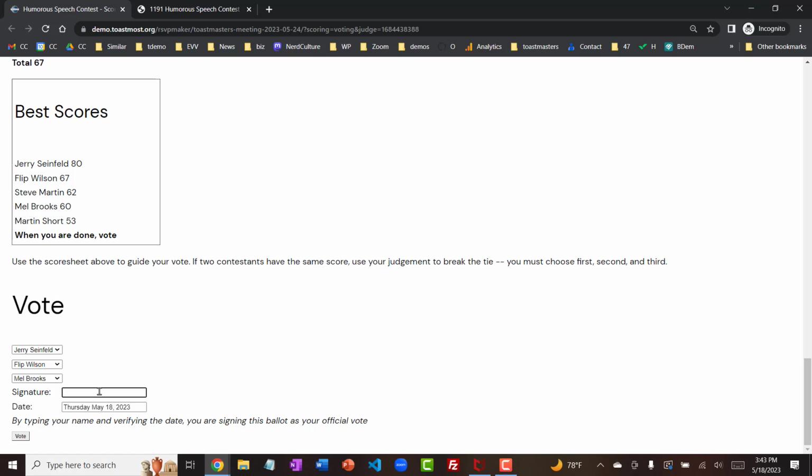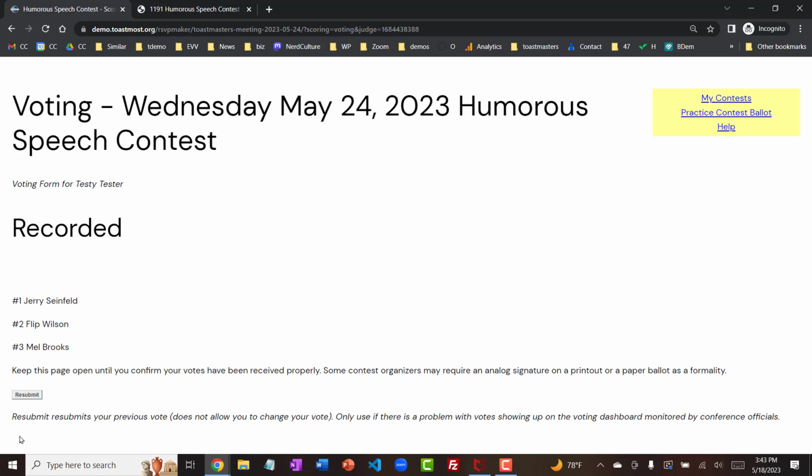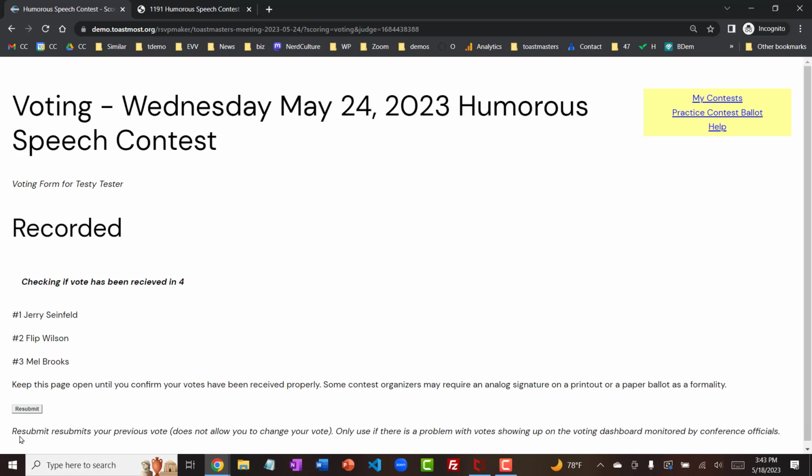You sign your name by typing it, which is actually a legal digital signature, and you click submit or vote. And it should come back saying that this has been recorded, and we're just checking if it's been received on the other end. While you're doing that,